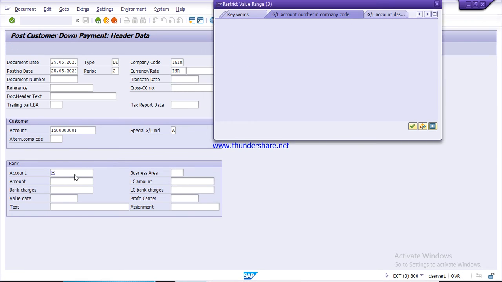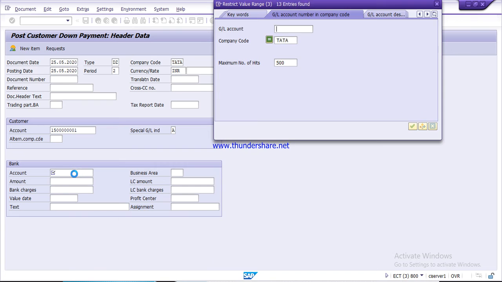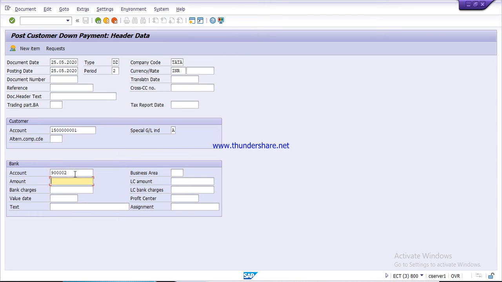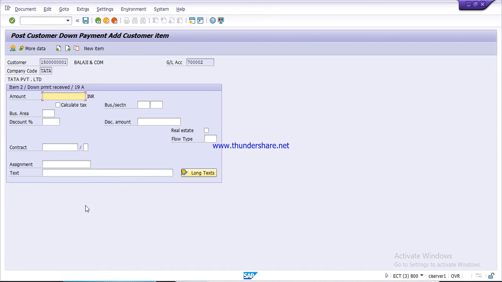Press F4 key to see the list of GL accounts. Here I am selecting SBI Incoming Bank. Amount is 40,000 for your down payment. Value date 25th of May 2020. Here you can give narration. Enter.